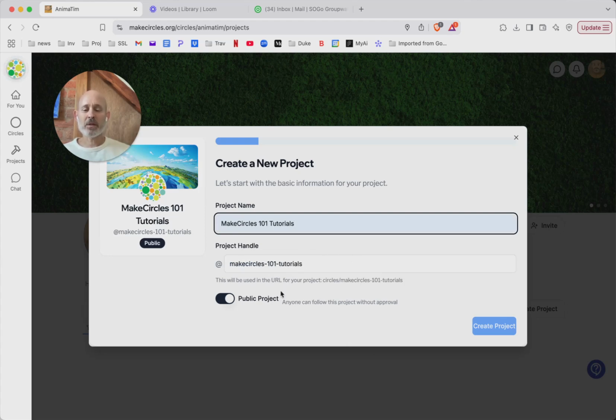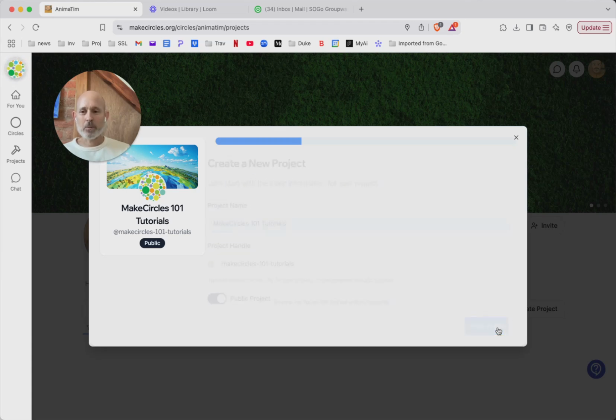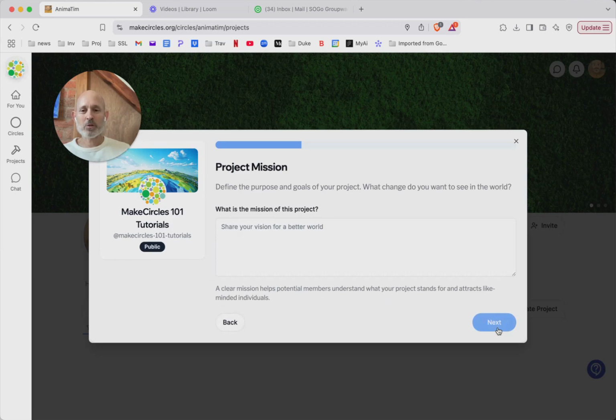we got a handle. This is going to be a public project, which means that anyone can follow this project without approval. If I rather don't make it a public project, it means that followers need to be approved. But that's not really necessary for this particular project, so it will be an open project. So I am going to create project, and we wait for Make Circles to do its magic, which was quick,